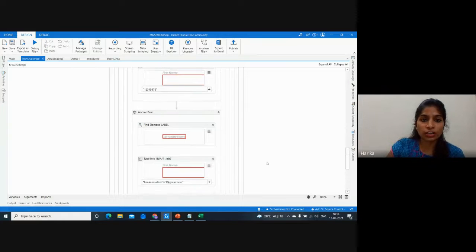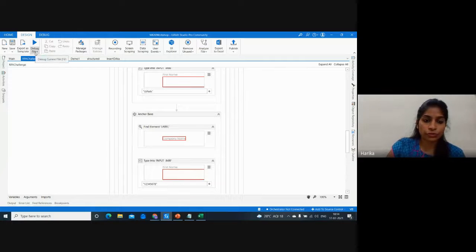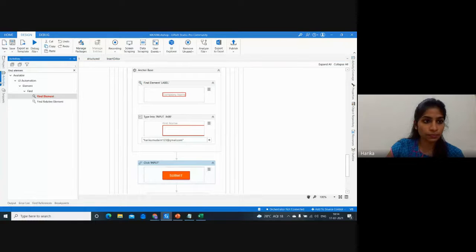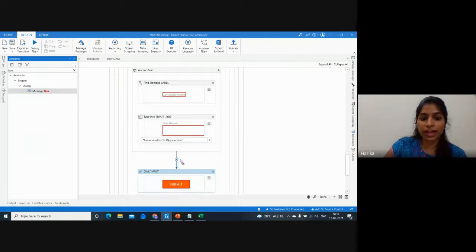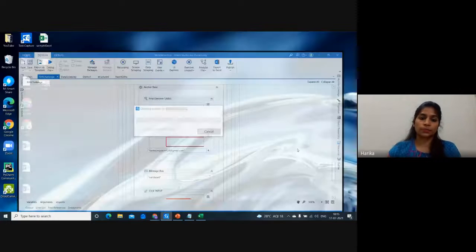Now let's check how we are going to enter the data. After this, before I click submit, we will validate all the data. So before I do that, I'm going to close this application and then I'll run it.